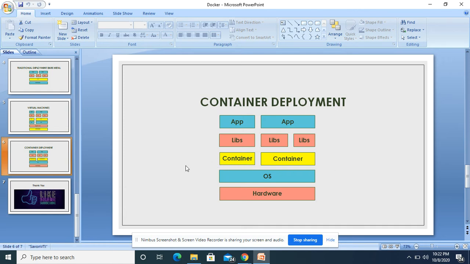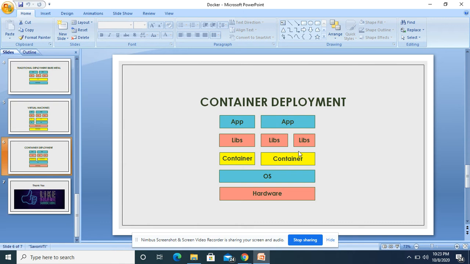What does Docker do? Docker divides the system into multiple containers. It's OS level virtualization. On top of the container, we keep our libraries, and inside these libraries our application resides. So inside Docker, we create multiple containers.